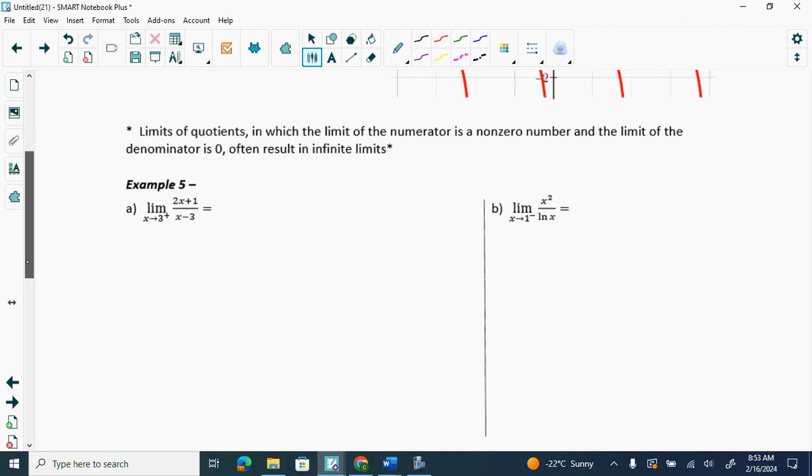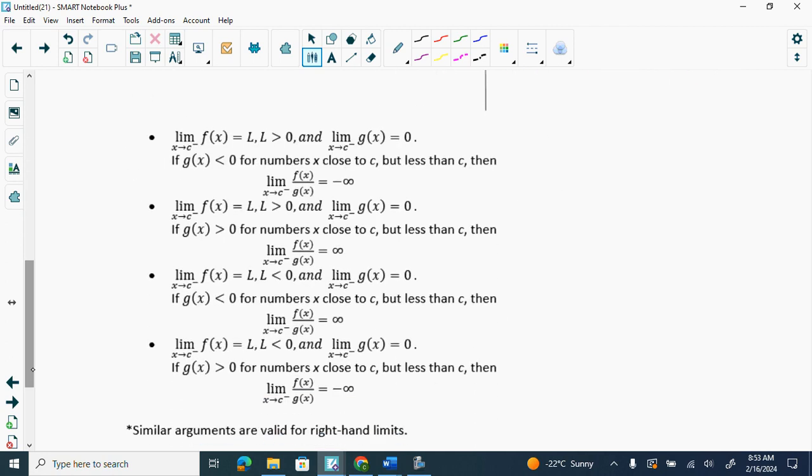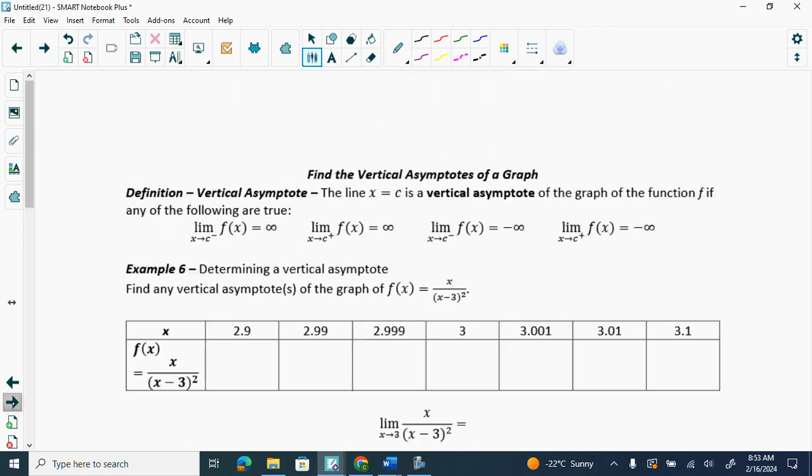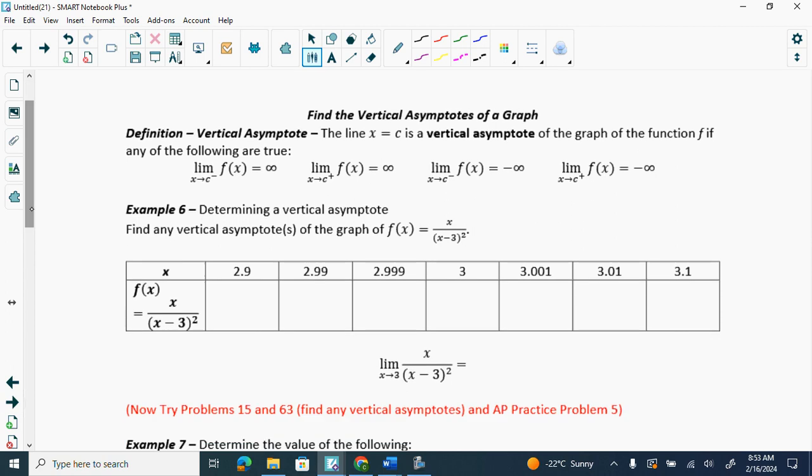This is the new. We'll go here. This is the new. So remember